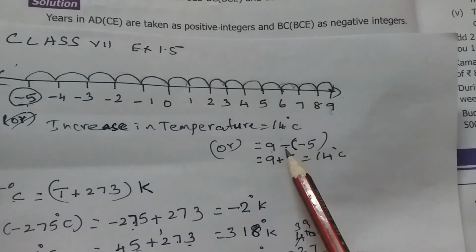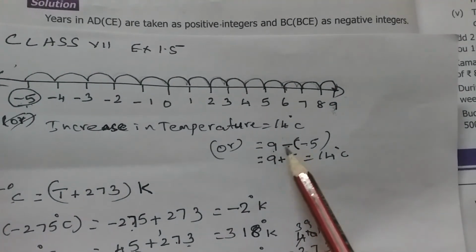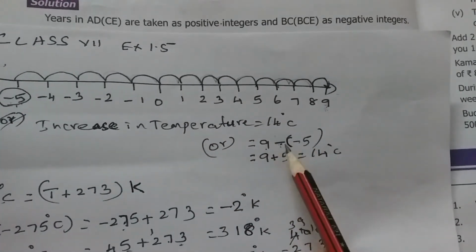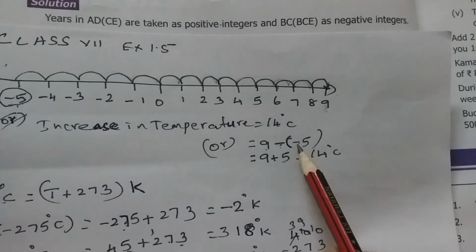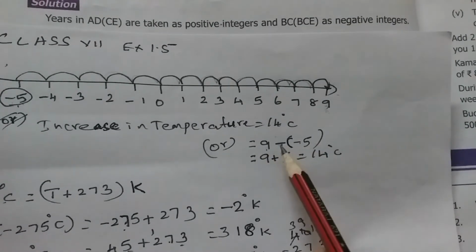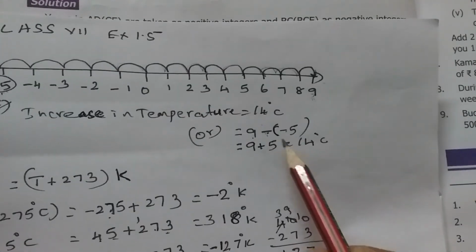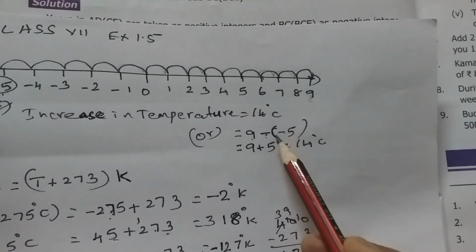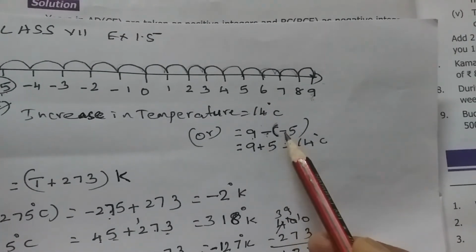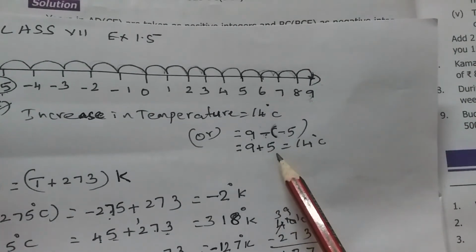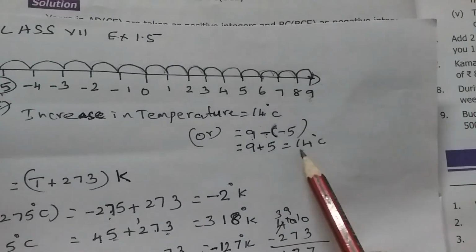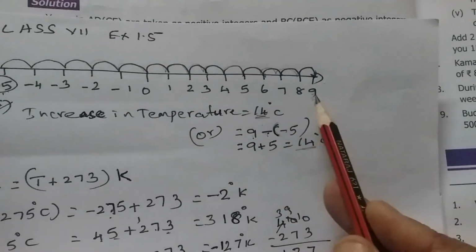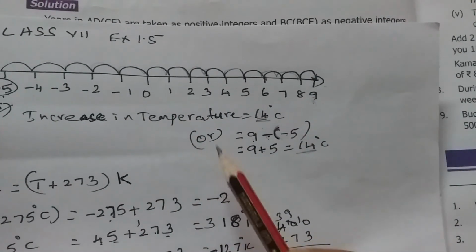So from 9 subtract, this minus is the sign of subtraction. And what do we have to subtract? The initial, first day's temperature, which is minus 5. So 9 minus minus 5. Minus 5 is subtracted from 9. Now after this, it is so easy. We know the simplification: when you have two signs, we must convert them into one sign first. The meaning of bracket is multiplication, so minus into minus is plus. So it becomes 9 plus 5, and 9 plus 5 is 14 degrees. See, we got the same answer using the number line or using the calculation, that is final value minus the initial value.